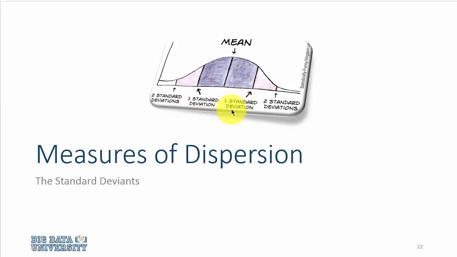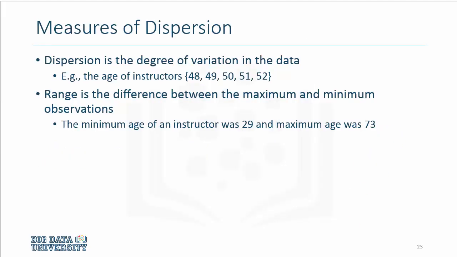What is standard deviation and how do we compute it? Let's look at the age of an instructor. So let's say the average age is 52. What does it mean? It means that the individual ages may differ. Some may be 48, some may be 55 or 75. So the average age is an estimate, but what we also need is an estimate for the dispersion in the